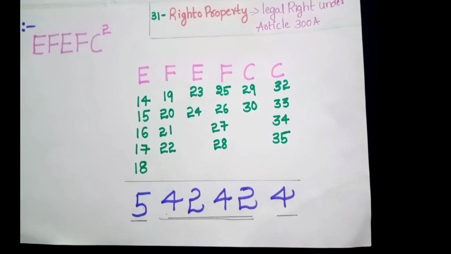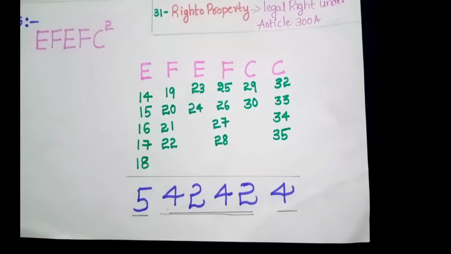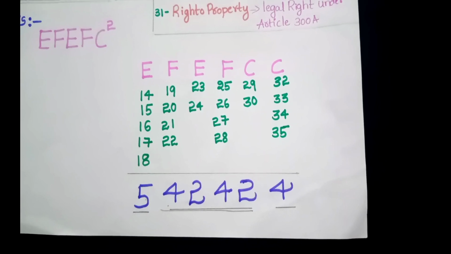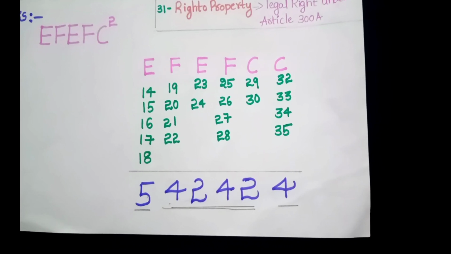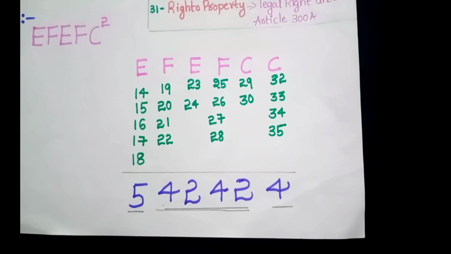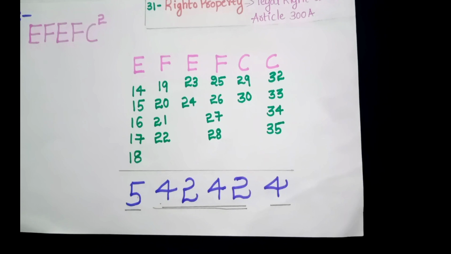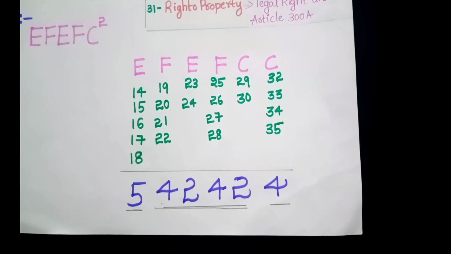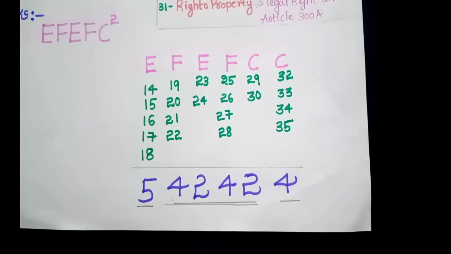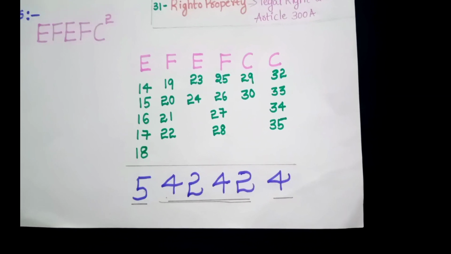5 means in right to equality there are 5 articles. 4 means in right to freedom there are 4 articles, 19, 20, 21, 22. In right against exploitation, 23 and 24, 2 articles. In right to freedom of religion, 4 articles. In cultural and educational rights, 2 articles. And in right to constitutional remedies, 4 articles. 5, 4, 2, 4, 2, 4. This is our trick,